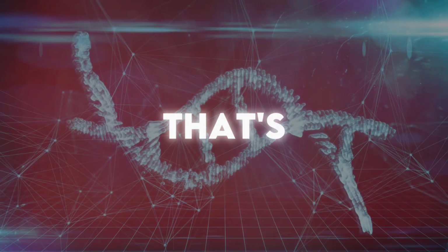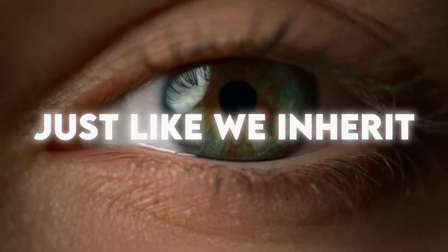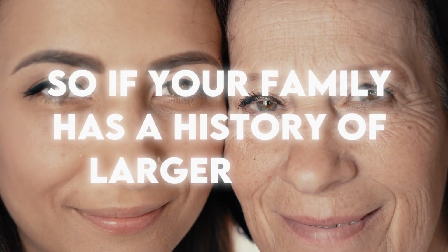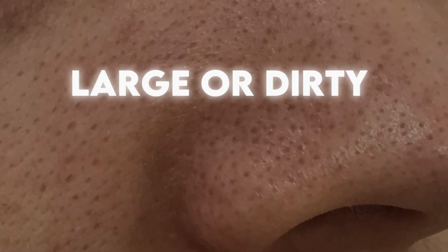But wait, that's not all, because genetics also plays a role. That's right, just like we inherit our eye color or height from our parents, we also inherit some of our skin traits. So if your family has a history of larger pores, well, you might have gotten that gift too. But before you go arguing with your parents, it turns out getting rid of large or dirty pores is actually